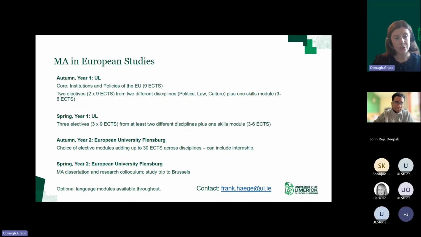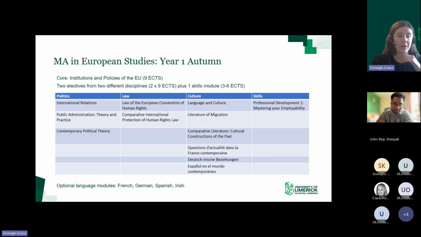And that includes an internship, and you have an MA dissertation and research colloquium in the spring semester of year 2 in Flensburg also. And just to say, there are optional language modules throughout. So in UL, as you can see here, you would have optional language modules in beginners French, beginners German, beginners Spanish and Irish. And you can see the elective choice there, as I've mentioned, it's quite broad, and it gives